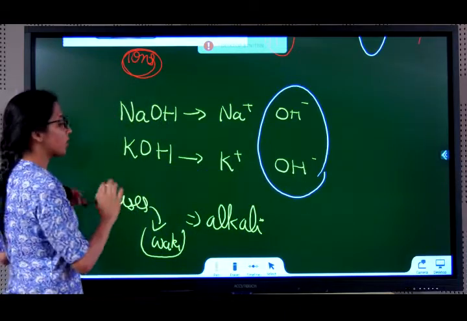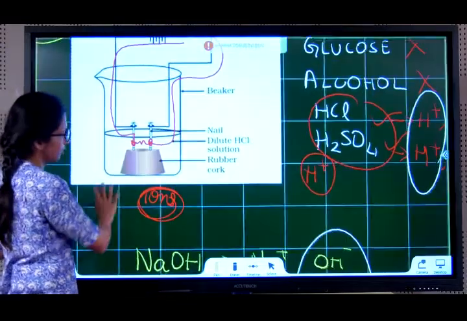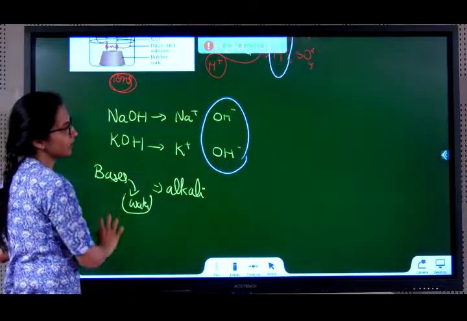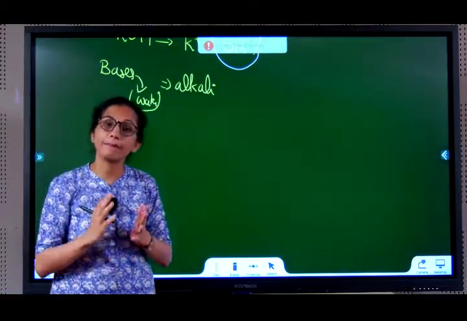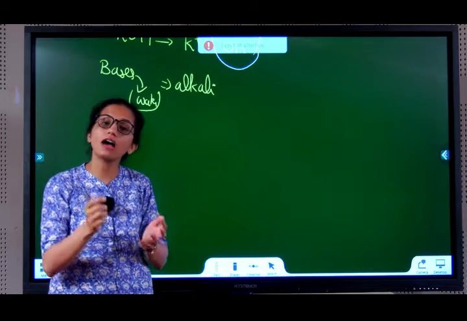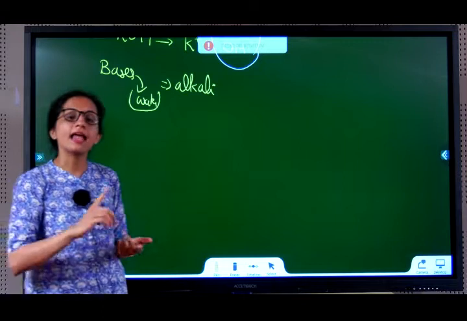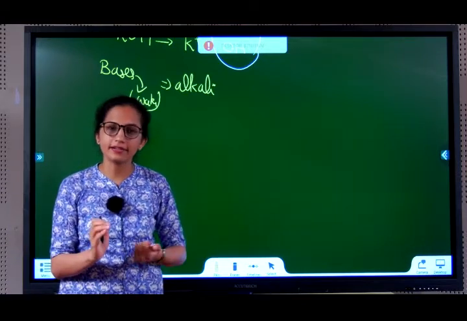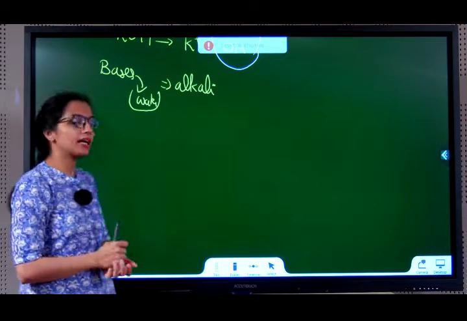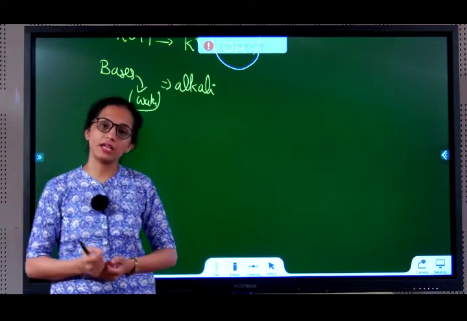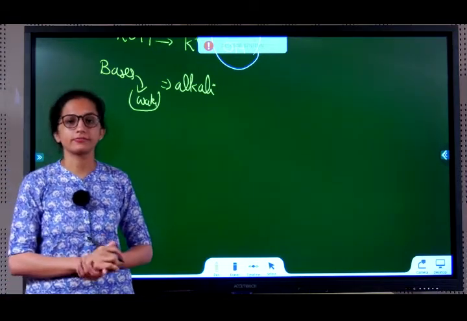Yes. So what was the conclusion of this whole activity 2.8? In short, you have to remember that activity 2.8 tells you that alkalis conduct electricity, not all bases. Some bases are not soluble in water, so those will not conduct electricity. So alkalis and acids conduct electricity. Why? Due to the ions present in them. What are the ions present? Acids produce H plus ions and bases produce OH minus ions.